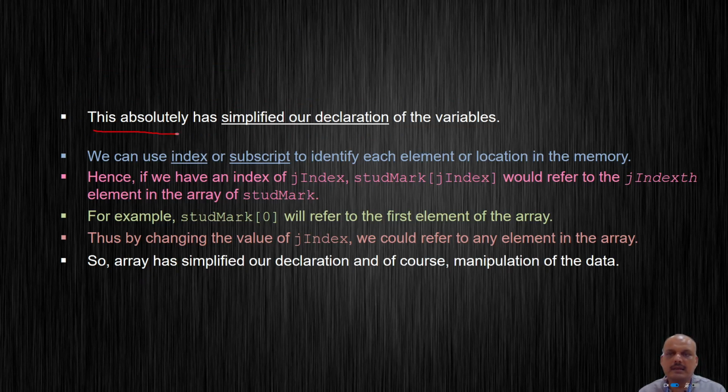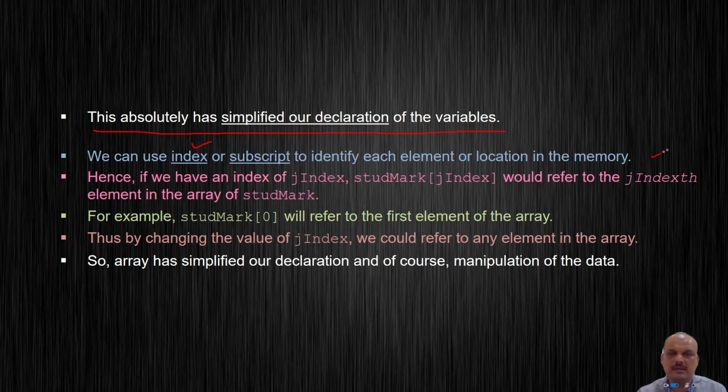So using an array simplifies our declaration of these variables very much. Over and above this, arrays have many other advantages. Using an array, we can do random indexing. What does that mean? That means that we can use the index of an array and directly look into the mark of a given student. Say we want to know the mark of the 10th student, all that I have to do is put student mark 9. Okay, 9 because 0 is taken as the first element of the array. So 0, 1, 2, 3, 4, 5, 6 and 9 becomes the 10th student.